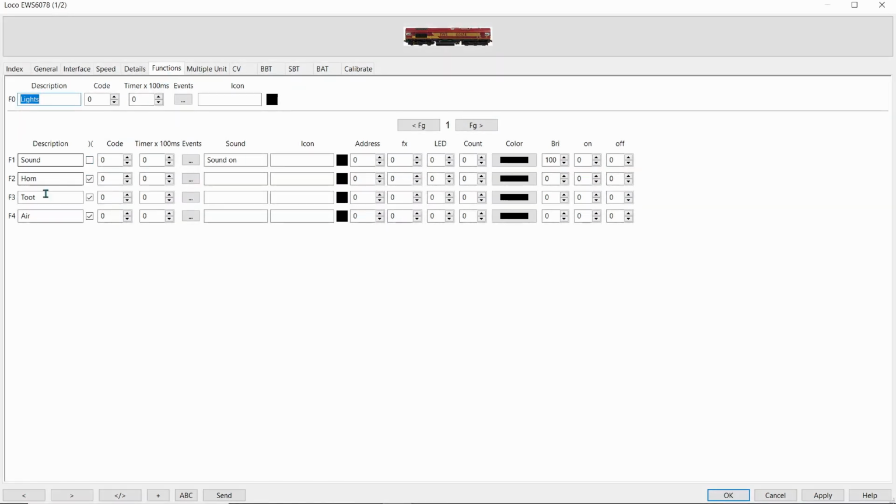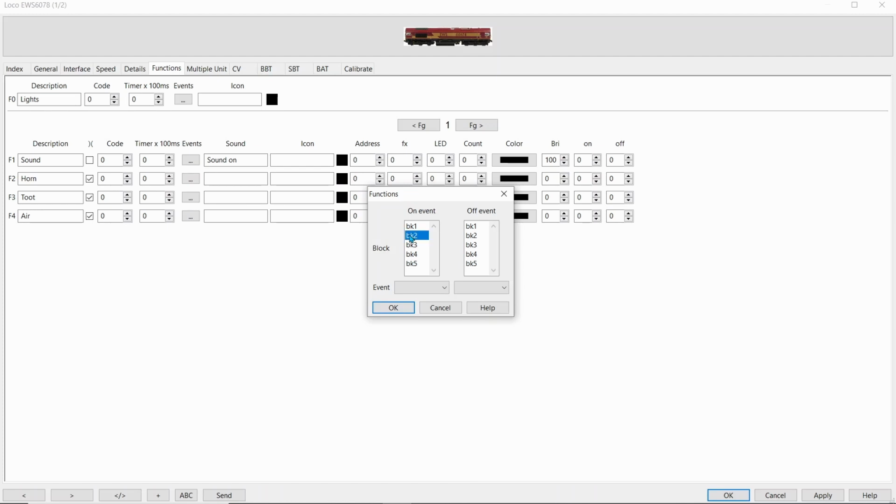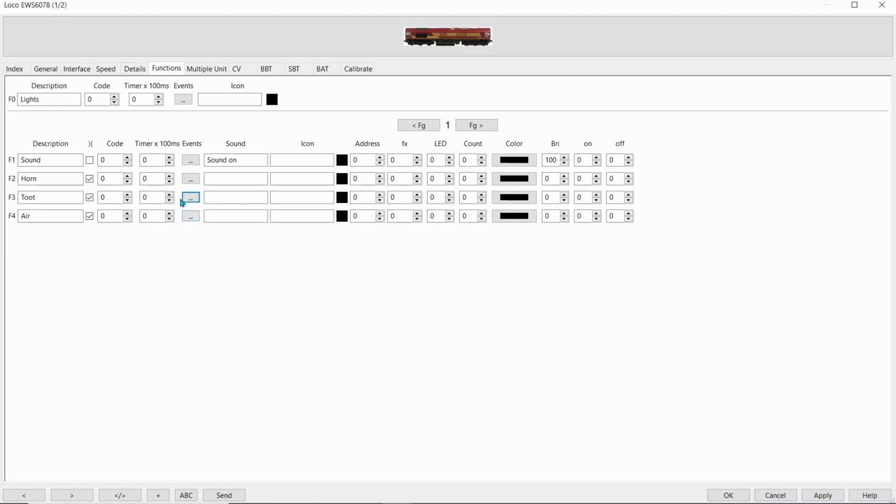So I want the single horn to toot as it enters block 2. So if I go to events, click on block 2 for the on event and click on block 2 for the off event. And the event will be enter block and also exit block. OK. Now, as it's set as a momentary switch, the little tick here indicates that.